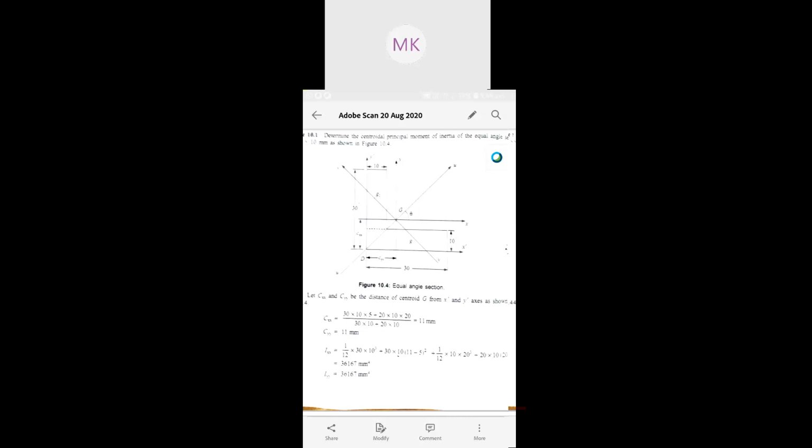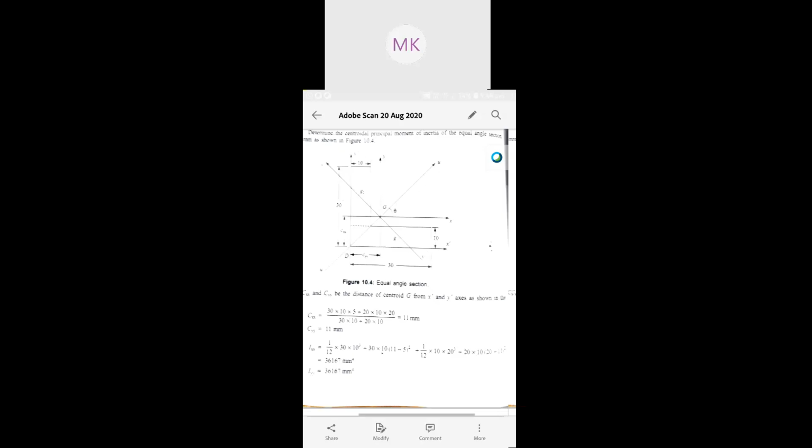So from that x-axis, how can we easily find this distance? We already know that cxx is 11, and the dimension of that section is 10. So from 11, if we subtract half of that section, we will easily get h1. Are we able to get it now? Is it okay? Yes, sir. Okay, fine. I think now you are clear.